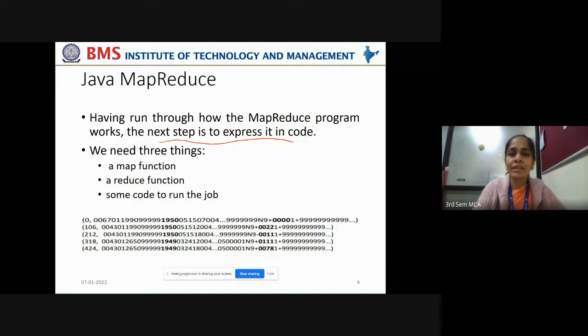We need three things for a Java MapReduce program: a map function to perform the map task, a reduce function to perform the reduce task, and some code to run the job. To pack the map and reduce functions into a single job and hand it over to the HDFS cluster, we need to pack it into a job.